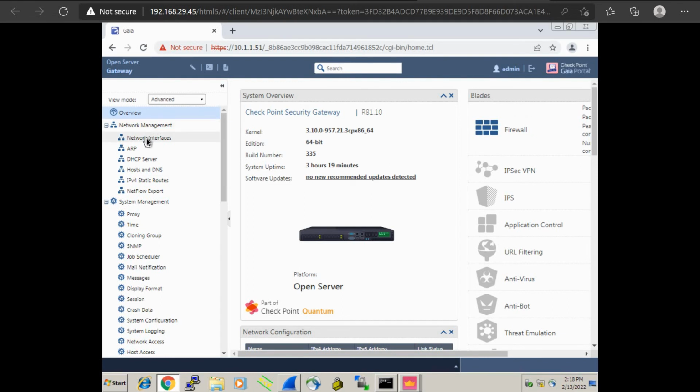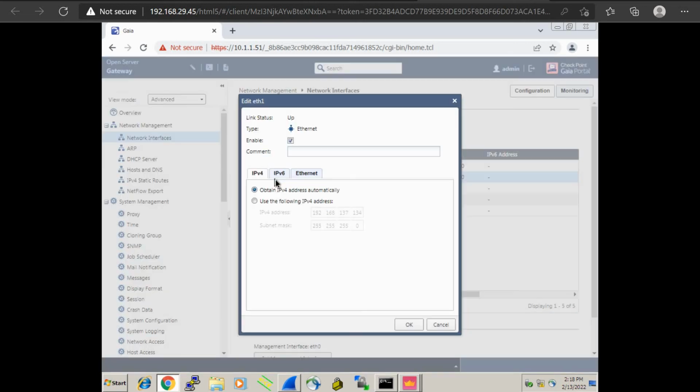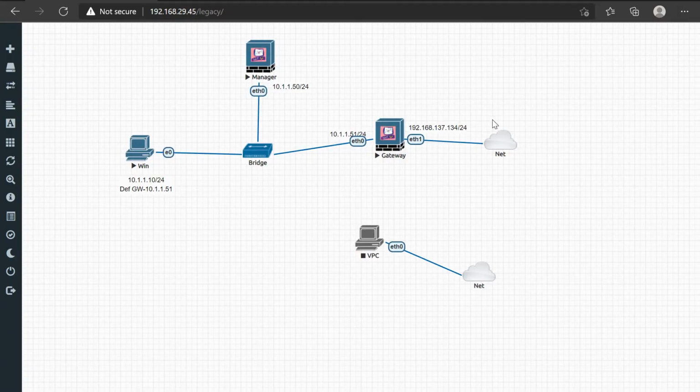Correct. So if I go to the network interfaces here, this is the interface Ethernet 1, and the IP address is 192.168.137.134. I have not given this IP statically. I have enabled DHCP here, obtain IPv4 address automatically. So here in the network, as I explained in the diagram, there is a